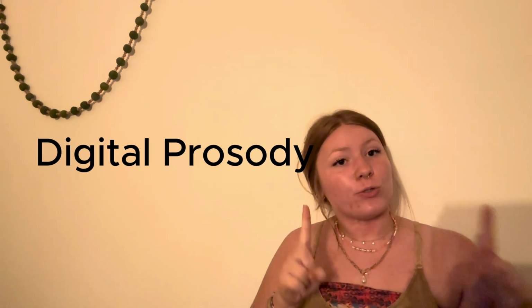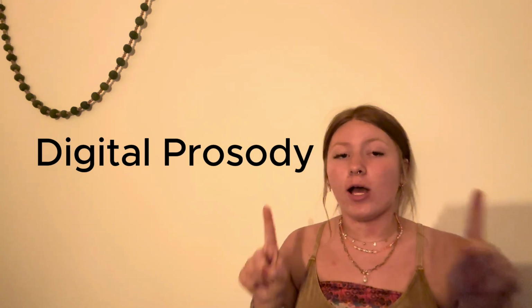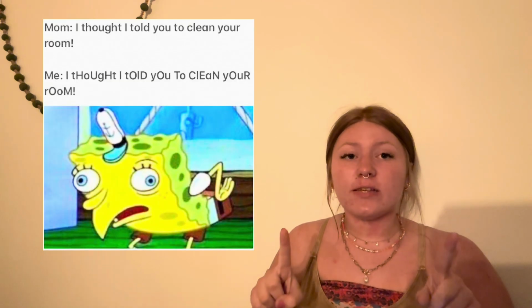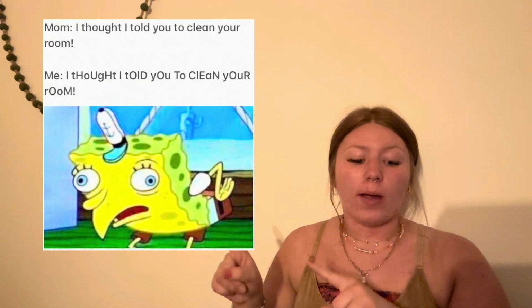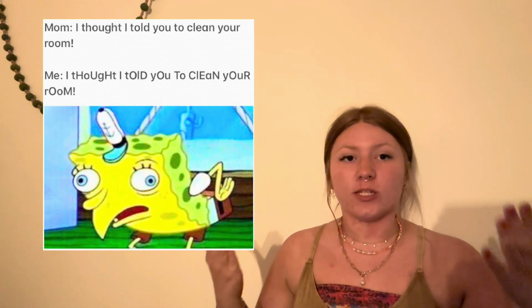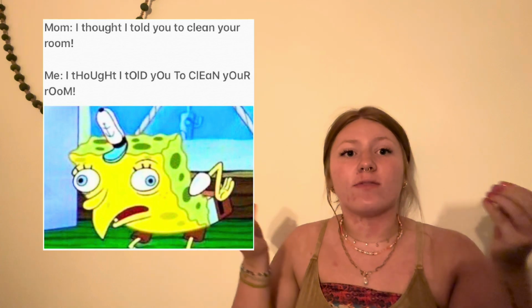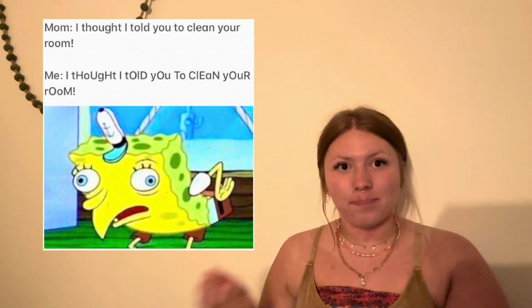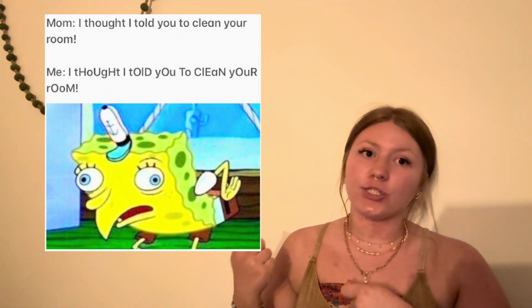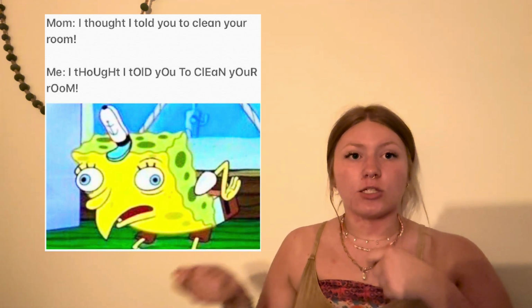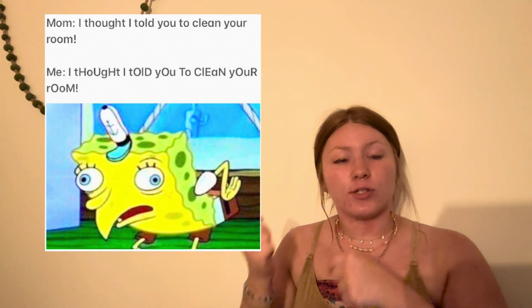meme. This is a key example of one of those words I noted at the beginning of the video, digital prosody. Specifically, the formatting in this meme represents how something is supposed to be said. Like I said, I read it in a specific tone because of the formatting of the text on the meme. Wiggins says, paralinguistic features like text style help us index social attitude. Through how this text is written on this meme, we can see the sarcastic nature of the social context in